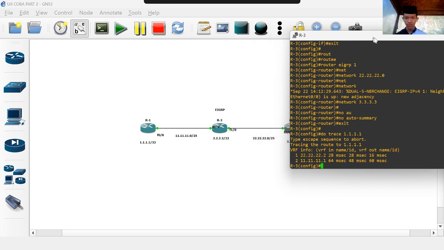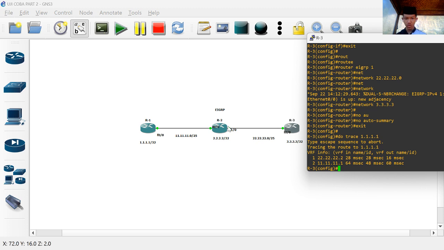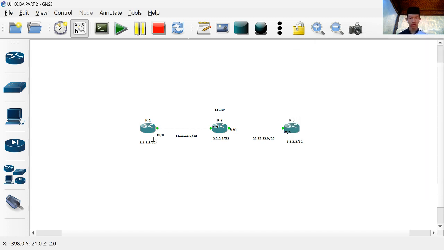This router 3 uses a path with the IP address of router 2, 20, and host 2, which belongs to router 2, and the last is 11.11.1, the host 1 which belongs to router 1.